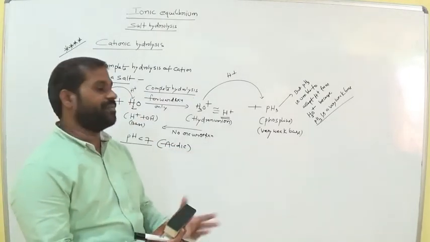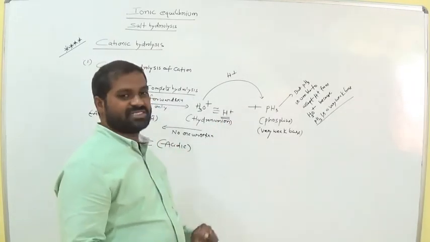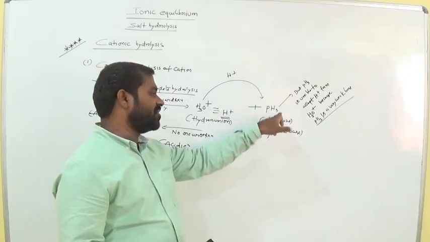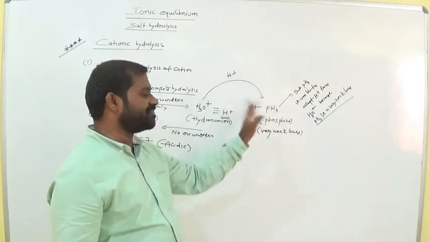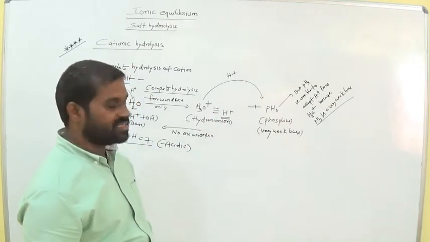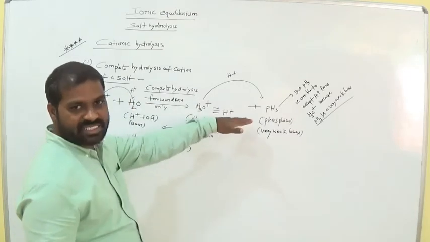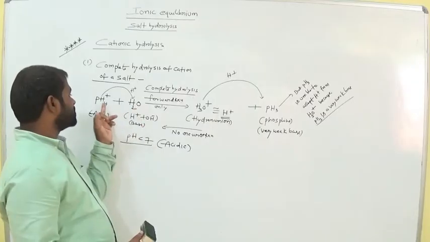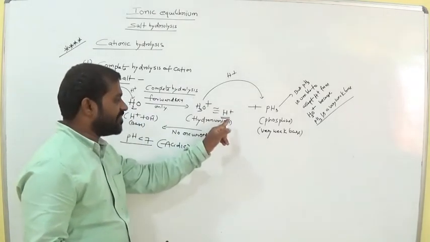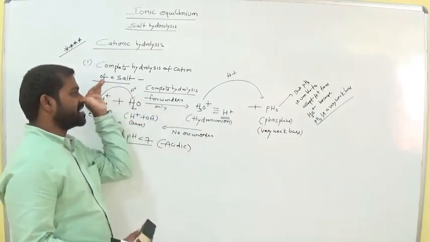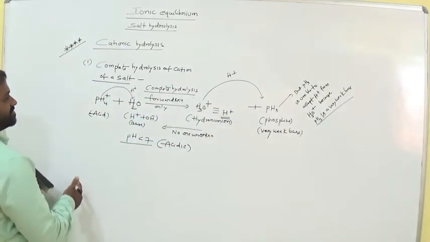Why? Because there is no backward reaction. For getting the backward reaction, what do we need? It needs H+ from the H3O+. But due to the very weak base nature of PH3, it is unable to accept the H+ from this hydronium ion. That means there is no reverse reaction, the reaction goes completely in the forward direction only. So the PH4+ cation from the salt undergoes hydrolysis and produces excess H+ in the forward direction. That means it is complete hydrolysis. Okay, remember this.